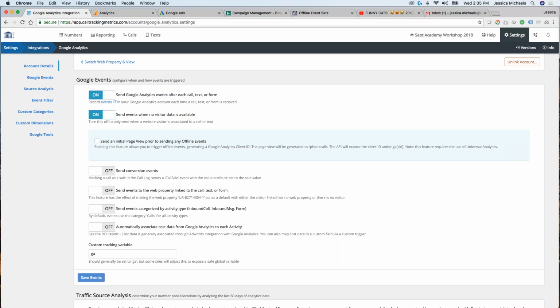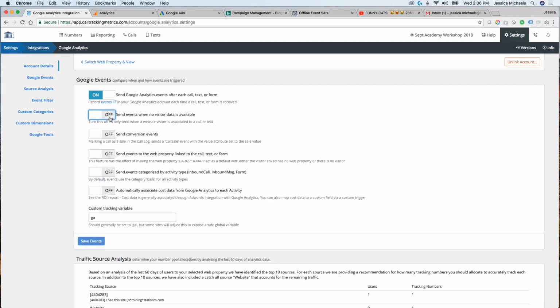And the second one is to allow us to do that for offsite sources, so when there's no visitor data available. So that's going to be for your sources like mailers, flyers, TV ads, maybe radio ads, billboards, anything like that. There's plenty of use cases why you wouldn't want to send offsite data into analytics, and we make it very easy.